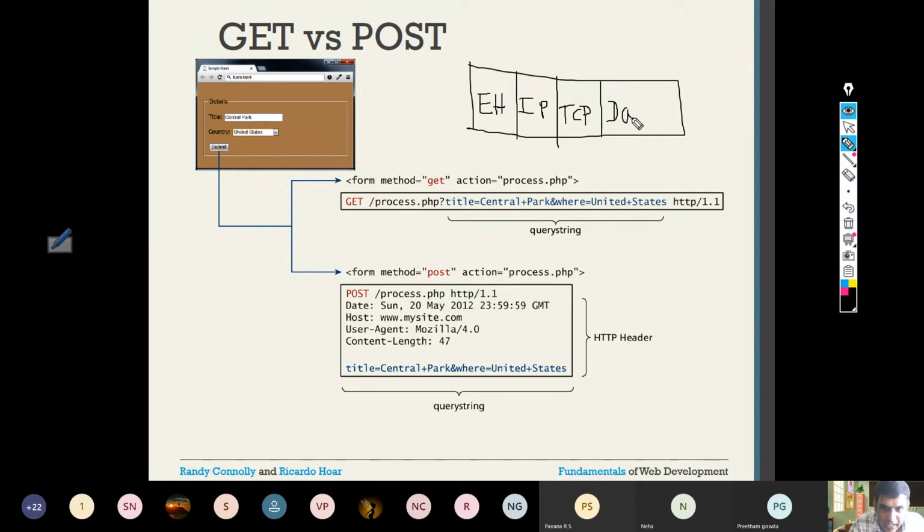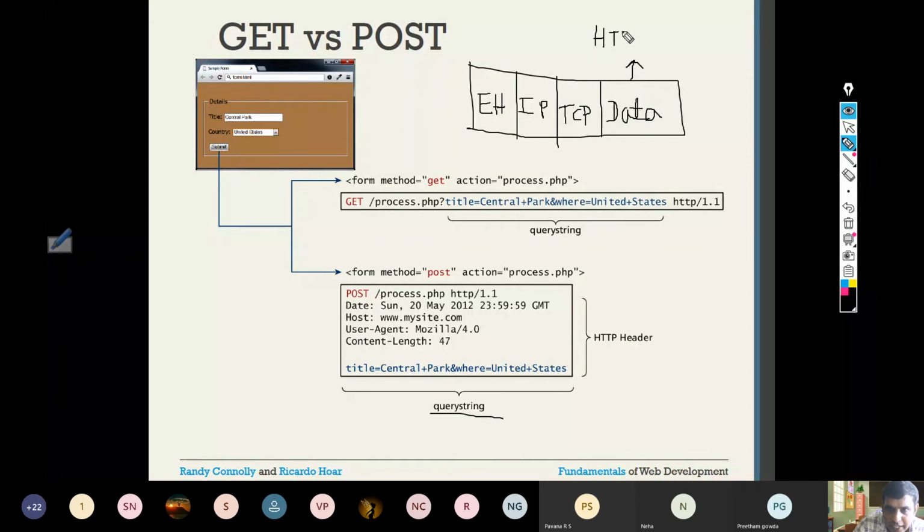What is the data here? Whatever data is requested and responded between a browser and a server. In this case, the data is your query string. The query string is the important data, but this is not sent as it is. Always note that this data is divided based on the protocol.